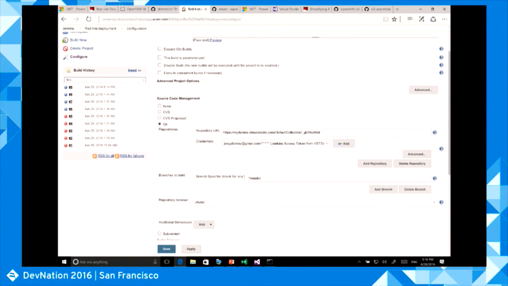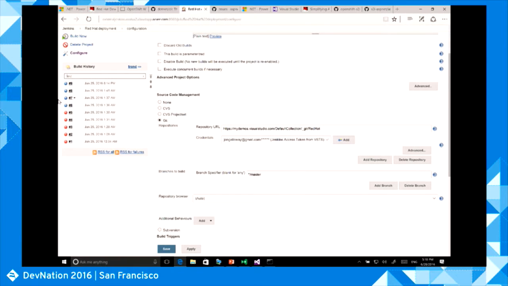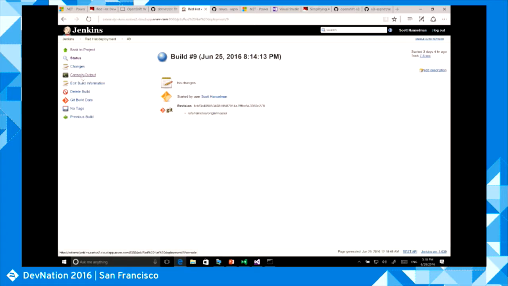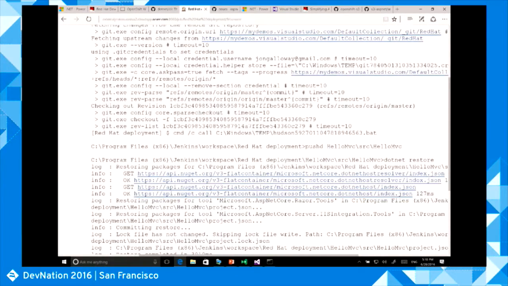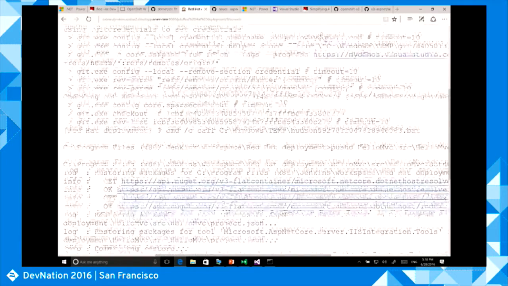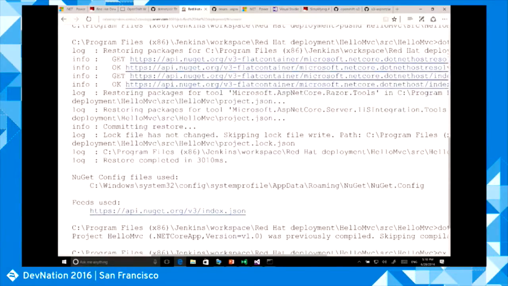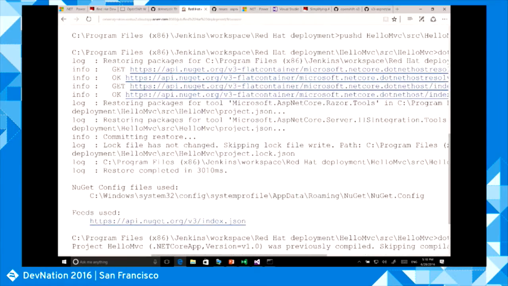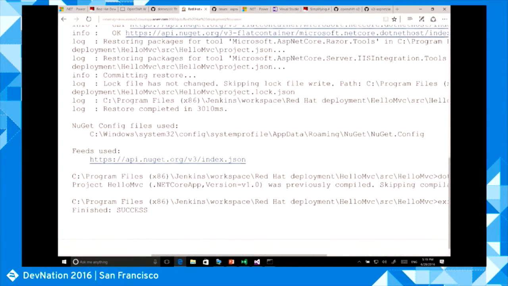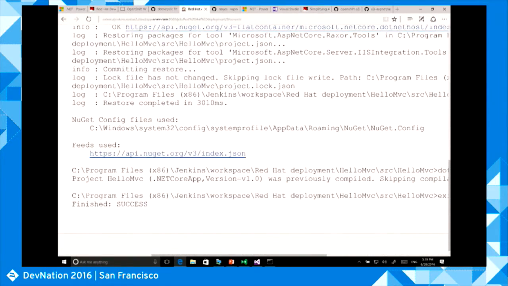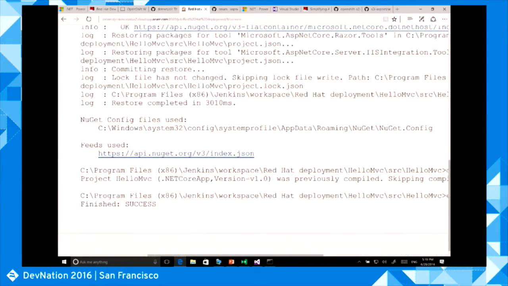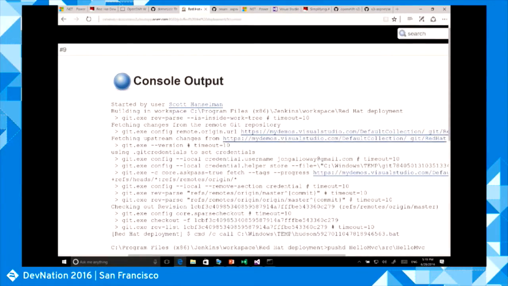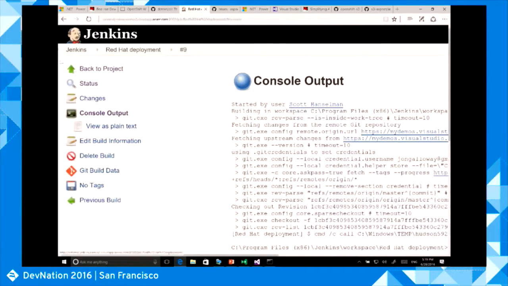So then if we look at the builds, we can look at, say, console output. And this is the same kind of thing that you'll see anywhere else, right? So it's doing a git pull. It does restoring packages. So this is a standard package restore step. And then it just does a build. It's doing .NET Build. And this one was previously compiled. So the whole build step